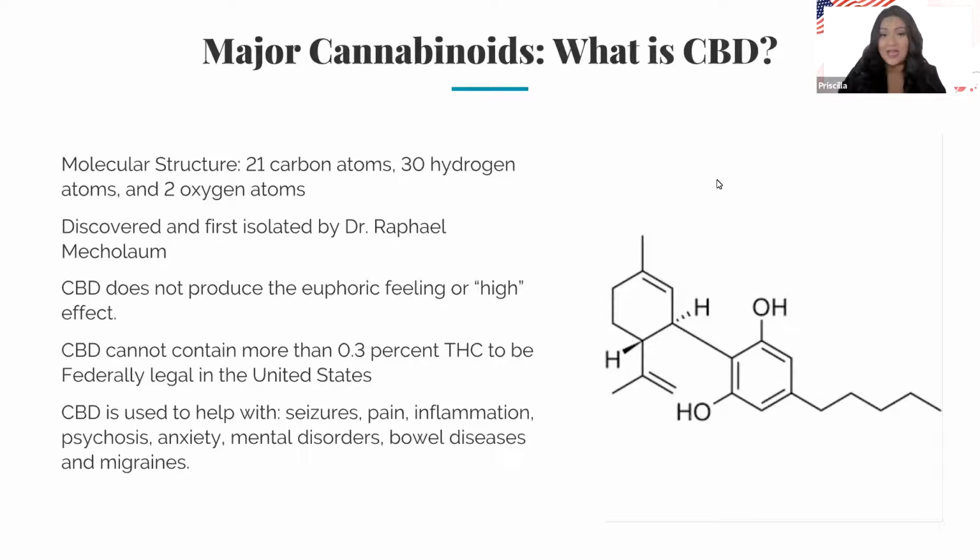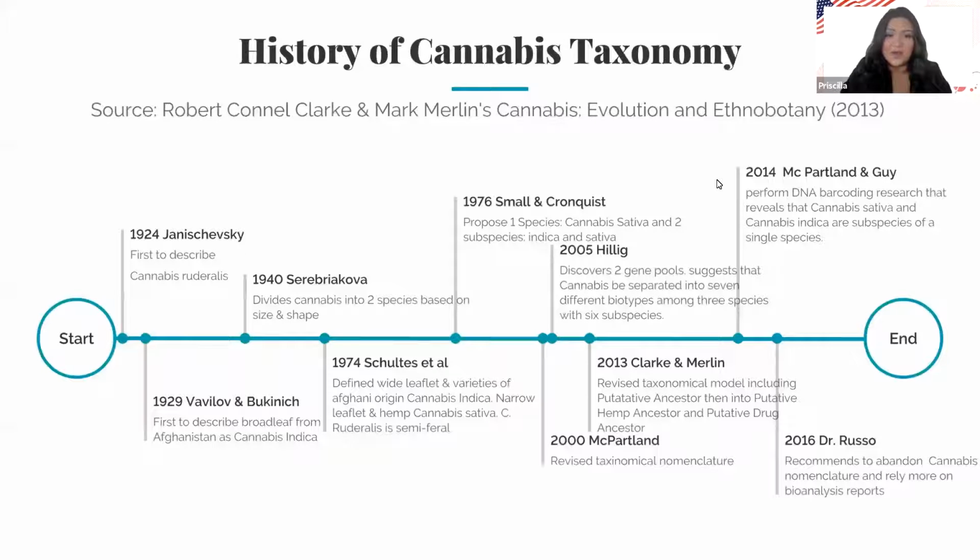It helps with anxiety, so relaxation. Different types of bowel diseases and migraine. CBD is a wonderful, wonderful cannabinoid that helps many different things if you're able to take advantage and unlock its potential. So I won't spend too much time on the history of cannabis taxonomy, but there's many different parts to